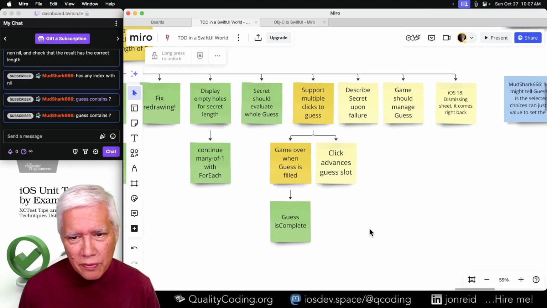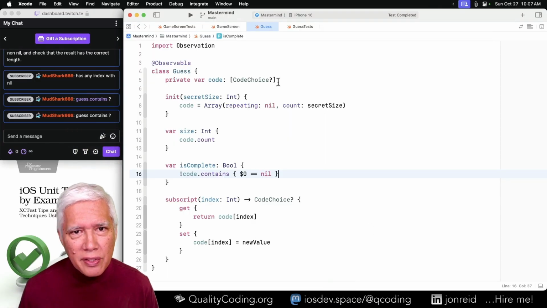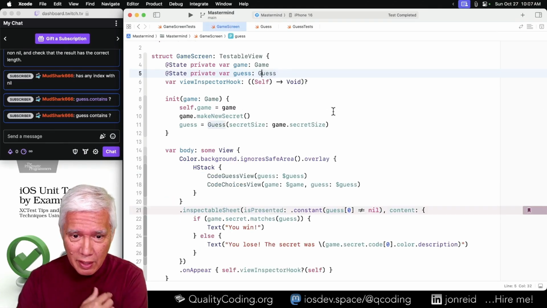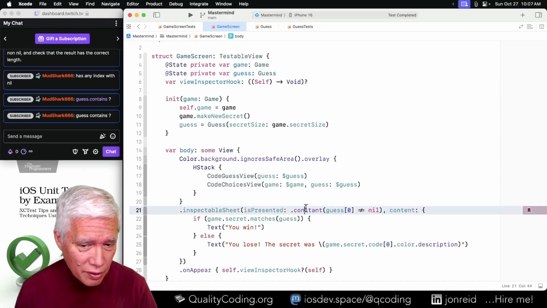So now we've got a nice, easy way to ask if the guess is complete, which should make it, if we just stick it in here, the tests will pass.